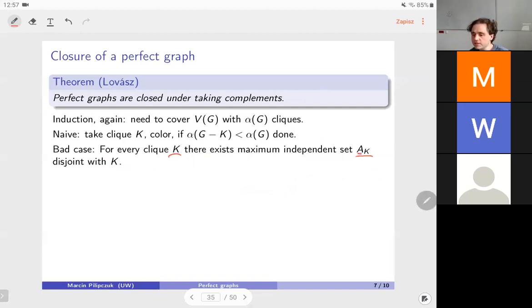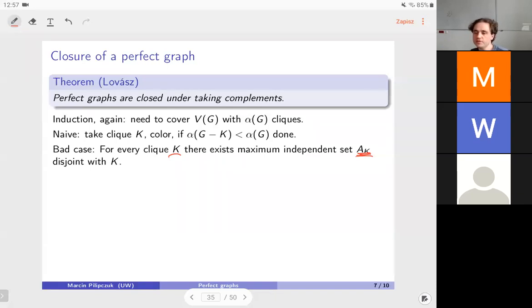Let's fix one such set. So let's define A_K to be one fixed maximum independent set. So for every clique K, we fix one maximum independent set that is disjoint from this clique. And we're going to reach a contradiction with the fact that the graph is perfect. Let me observe here that we already